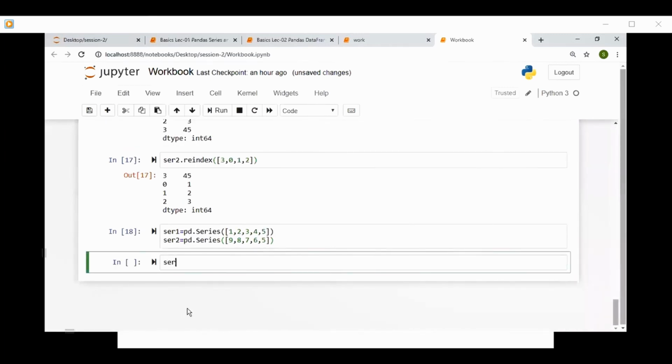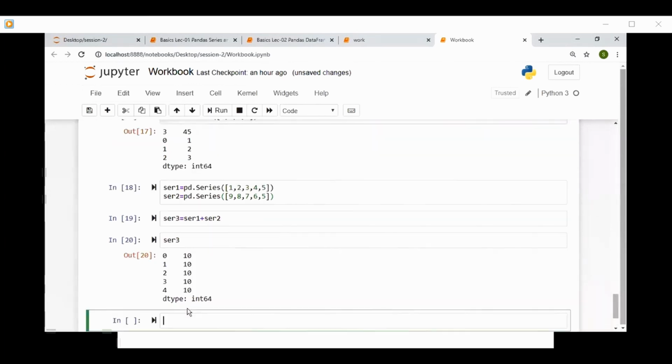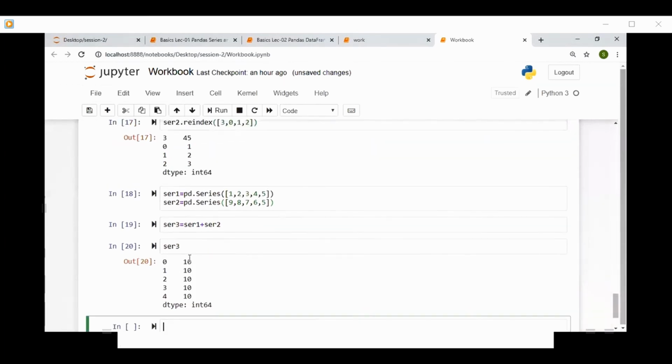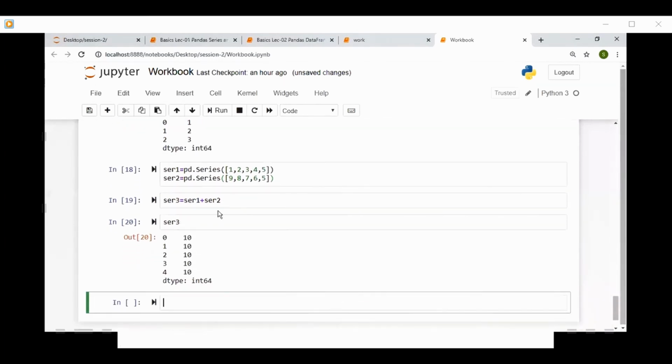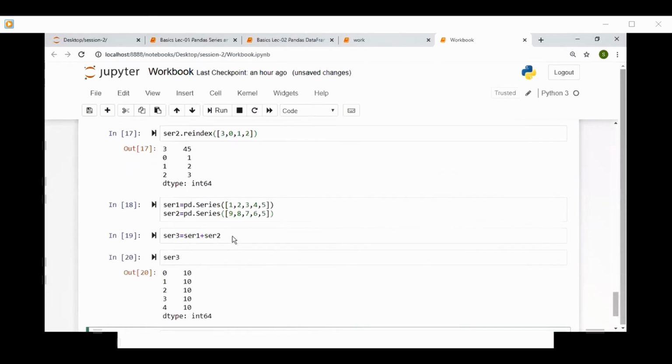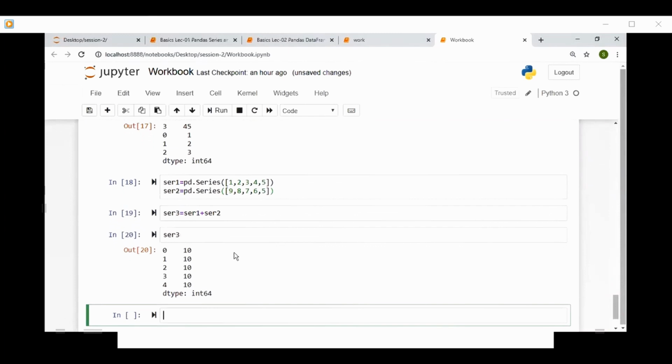Now what I will do is series 1 plus series 2 and print series 3. As you can see in the output, the elements which are present at the respective indices got added with each other. In series 1, we have 1 at 0th position and 9 at 0th position in series 2. So both of them got added and gave the result as 10.